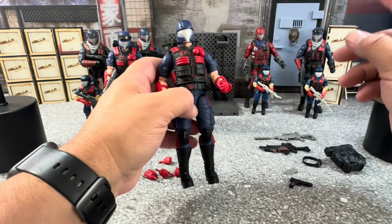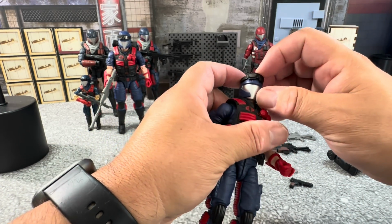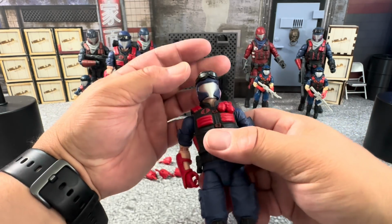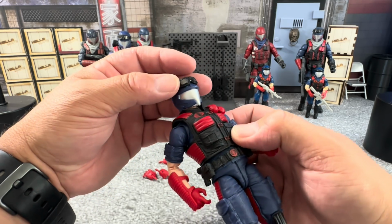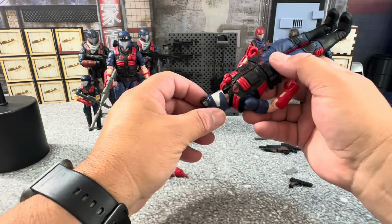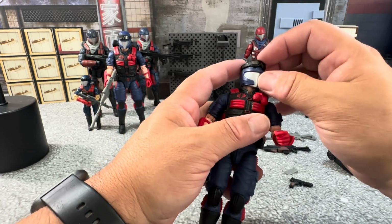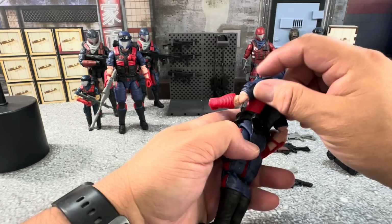Now, as for arming him up, here's his goggles. And my hope is that the goggles will stay on a little bit better. All right. I don't think so. You might want to use a little bit of sticky tack just on the back because these things tend to fall off. It's staying on right now, but they end up breaking. Maybe they used a little bit softer plastic. Hell, if they used the plastic they were using on some of the guns for a while, you might have been perfectly fine. As for the pistol,